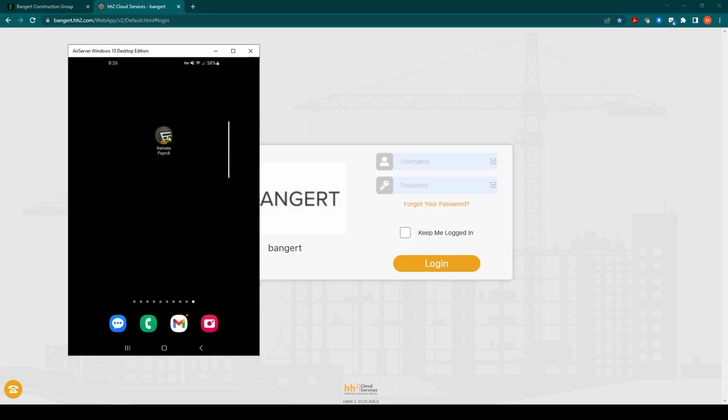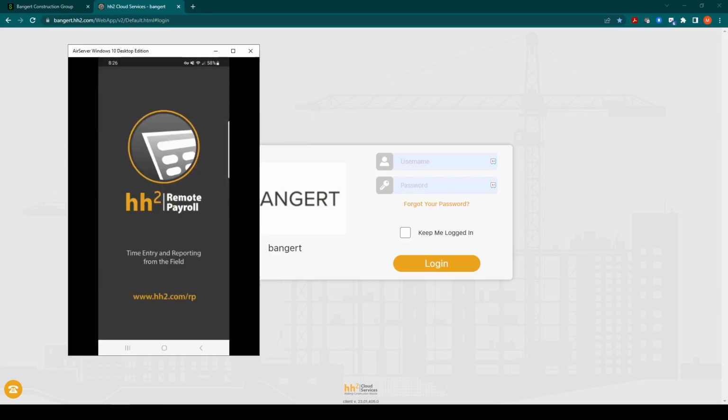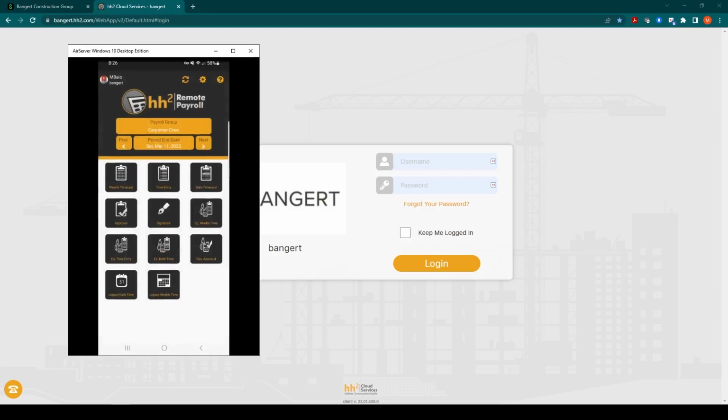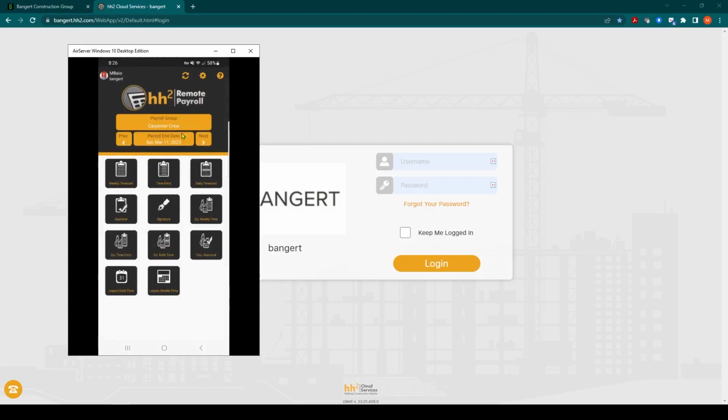So on my phone, I'm going to open up the app and it's going to log me in as the individual. And I'm going to enter for my crew, and I'm going to use the period end date of March 18th because I have a fresh week here to use. And you can see there's multiple options in this application as far as what features that individual can use when they're in there. And this is all going to be secured depending on what you can or cannot do.